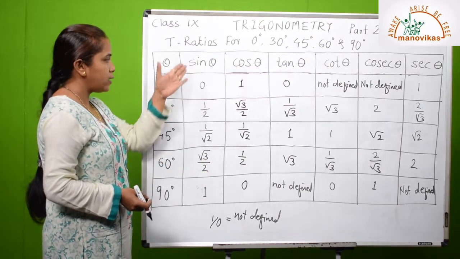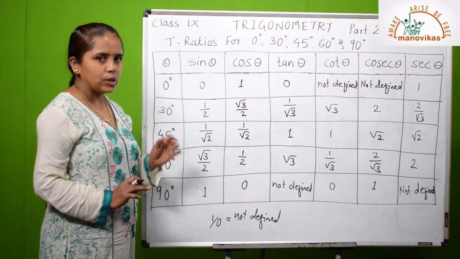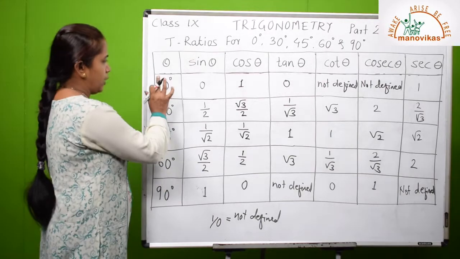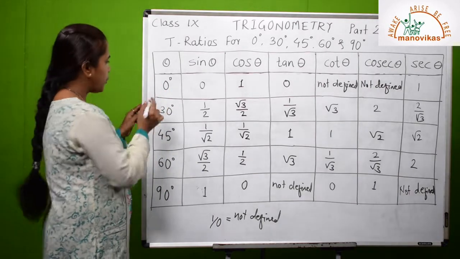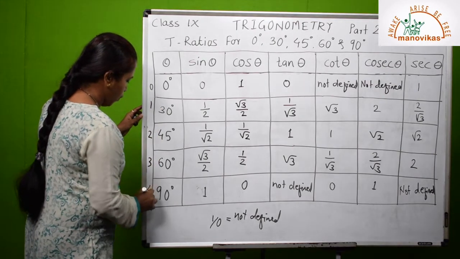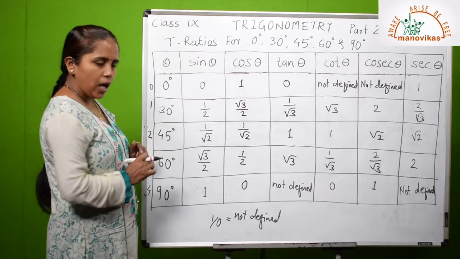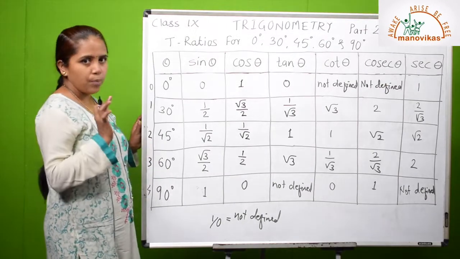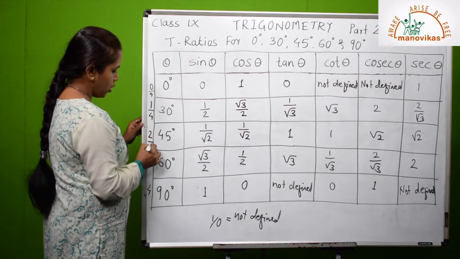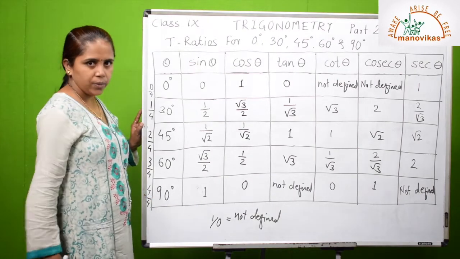Now how to get sin theta values if you don't remember them? For that also one method is there. Mark each column, start from 0: 0, 1, 2, 3, 4. Then divide each number by 4. So 0 upon 4, 1 upon 4, 2 by 4, 3 by 4 and 4 by 4.